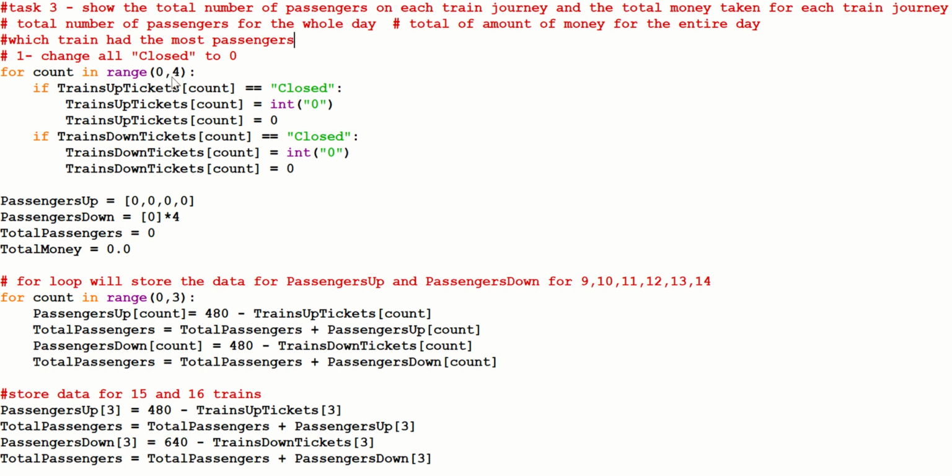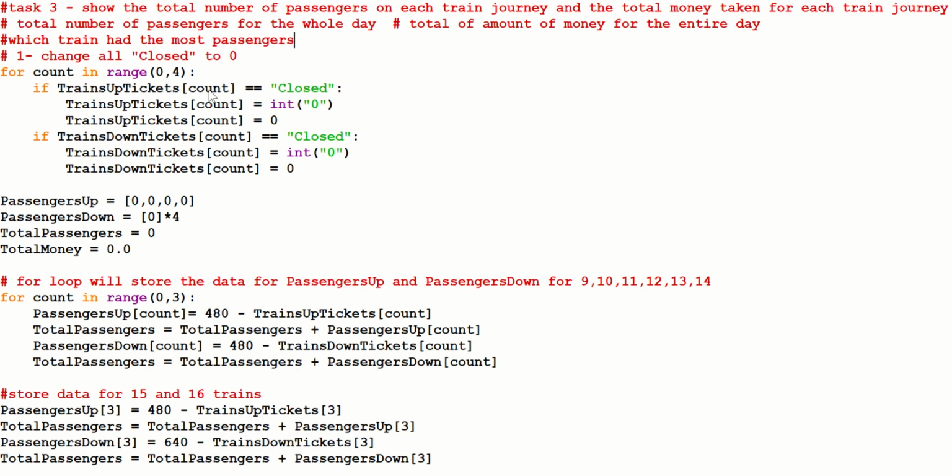What I mean is, count will not be doing it when it's 4. So if trains up tickets count, in the first loop it will be 0, then 1, then 2, then 3, but it will not be 4. If trains up tickets count equals 0, for example,